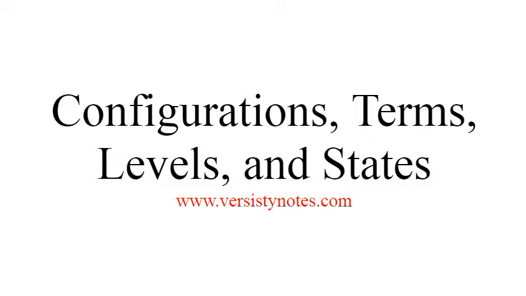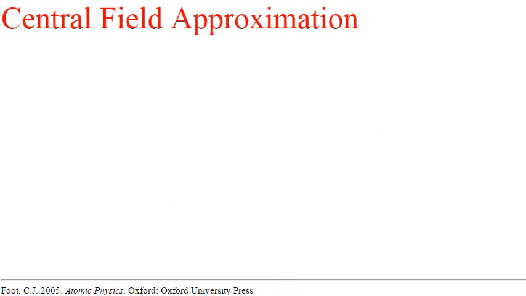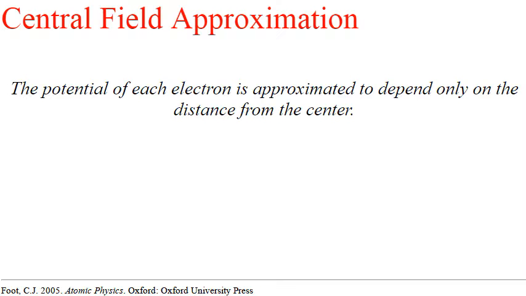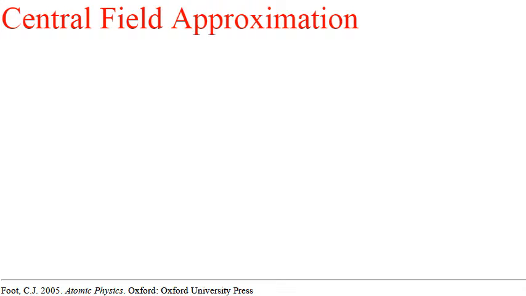Configurations, terms, levels and states. When going from a hydrogen-like atom to a multi-electron atom, the first thing we can do to make our lives easier is something called the central field approximation. This states that the potential of each electron is approximated to depend only on the distance from the center. And for each electron we can write